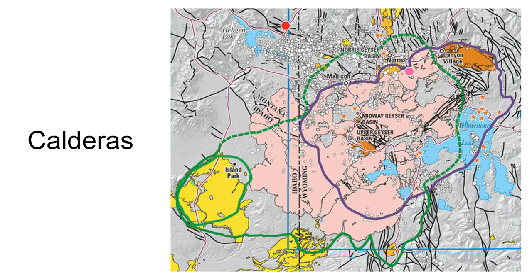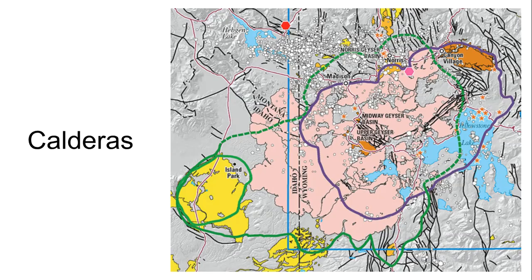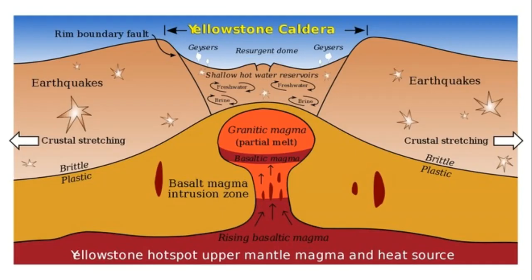Calderas are another important type of volcano. Yellowstone is, of course, the type of caldera that everybody thinks about, understandably. But you can see it takes up quite a large bit of space. So caldera eruptions are potentially very dangerous eruptions. This is a schematic of what it may look like beneath Yellowstone on some level, or at least an idealized sketch of what it might look like. You can see the Horst and Graben structure created by the volcanism.